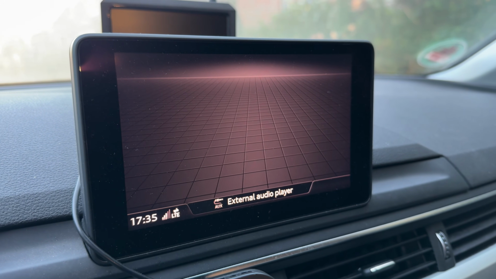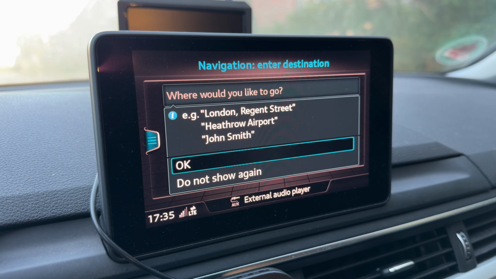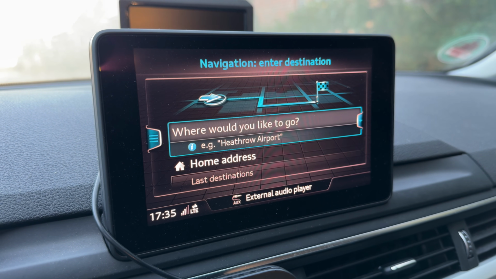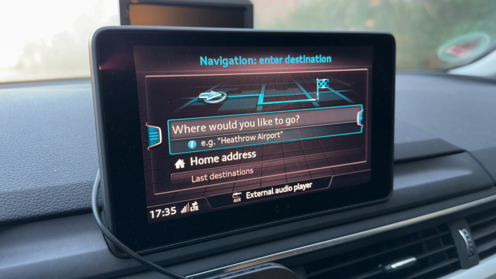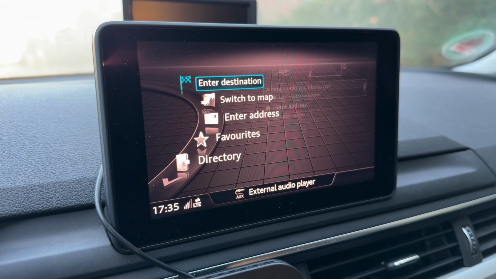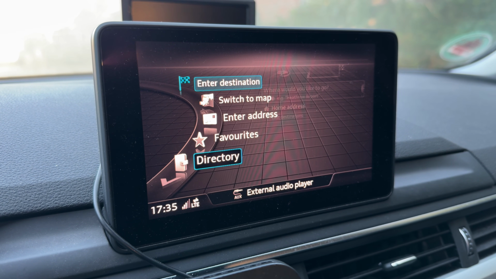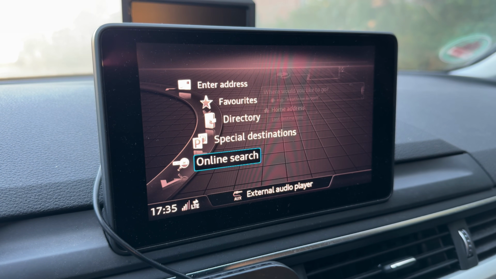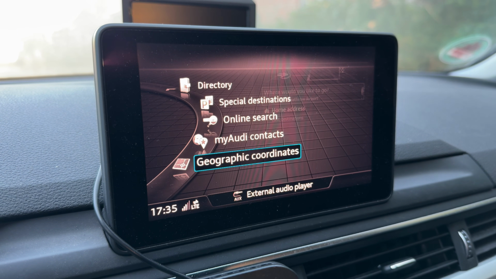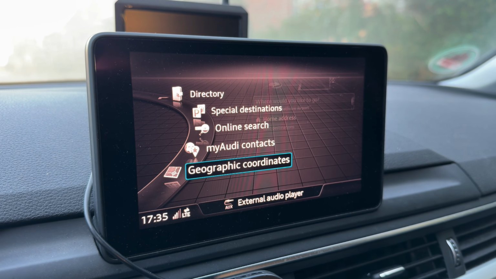This is the navigation, of course. We can enter a destination, then travel to that destination using the navigation software. Go left, then you can switch to the map, enter address, favorites, directory, special destinations, online search, my audio contacts, and geographic coordinates are possible to enter too.